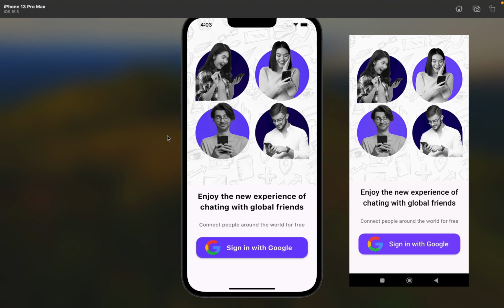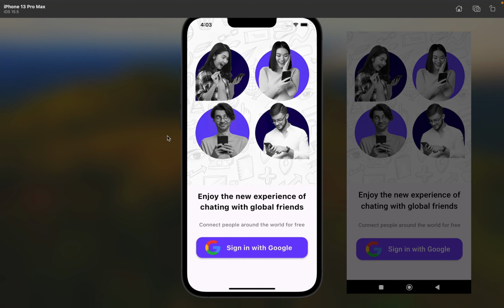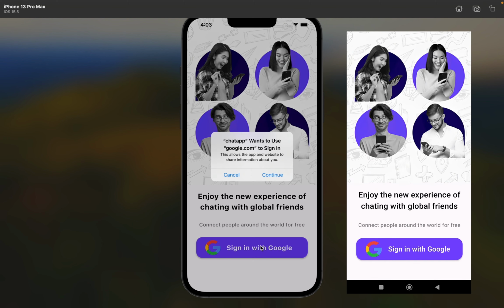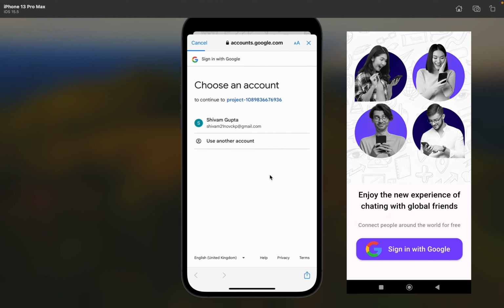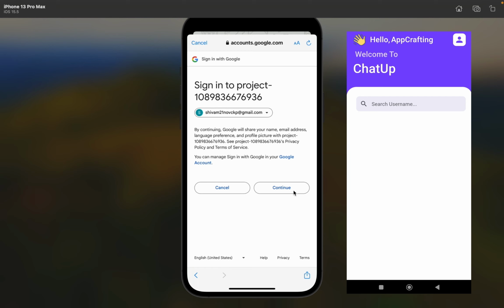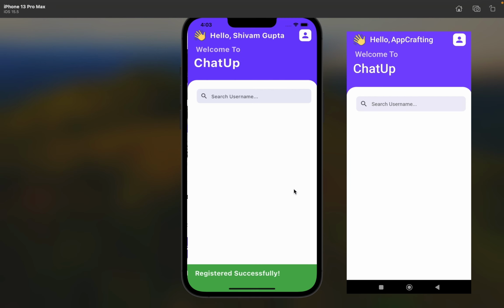Here, first I am going to authenticate with the help of Google on my Android device. Then I will authenticate with Google on the iOS device. So let's click this sign in with Google button, and now we'll click this iOS button also, and we'll select one of my accounts for my Android device and one of my accounts for the iOS device. Now we'll sign in with Google on both devices, and we have registered successfully and directly move